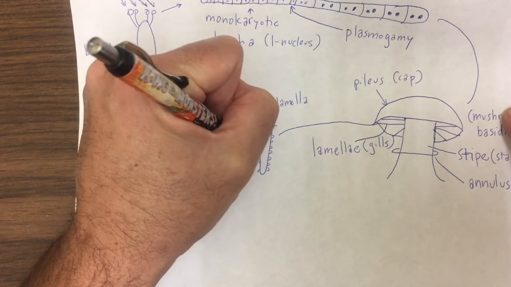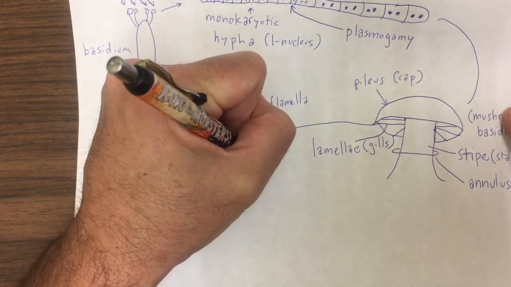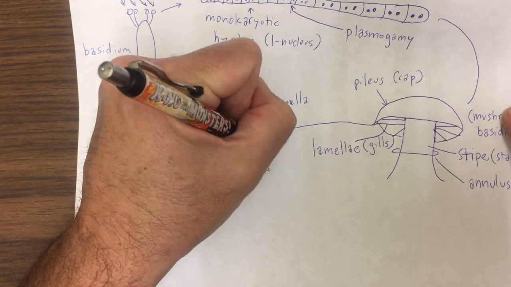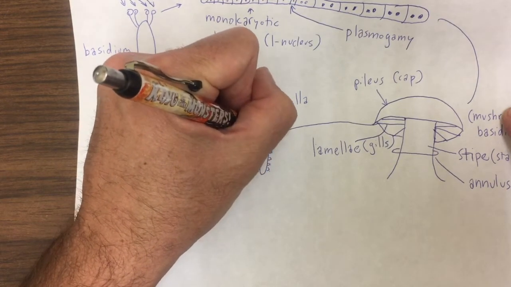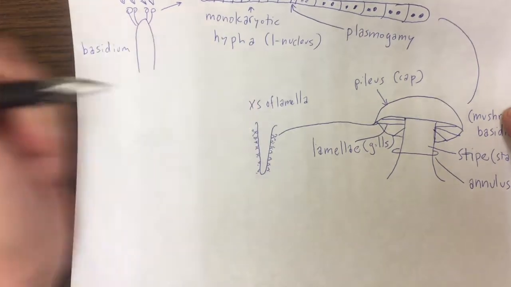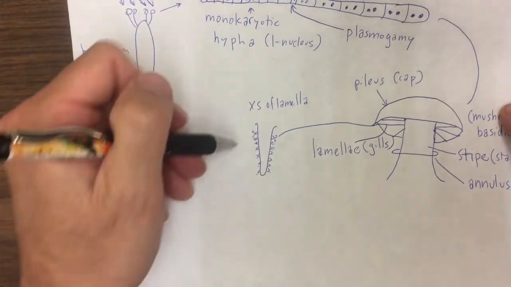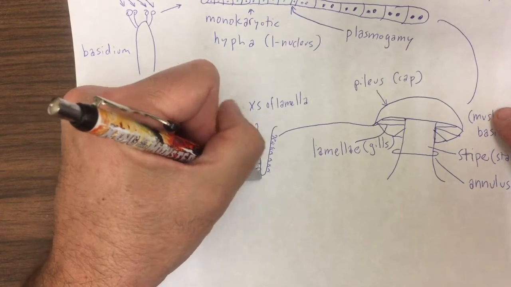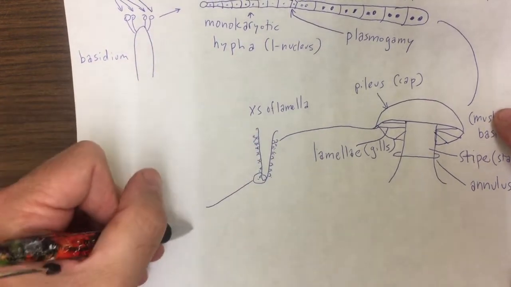This is where the basidia are produced. And these things are teeny tiny, microscopically small. But if we were to zoom in on that,